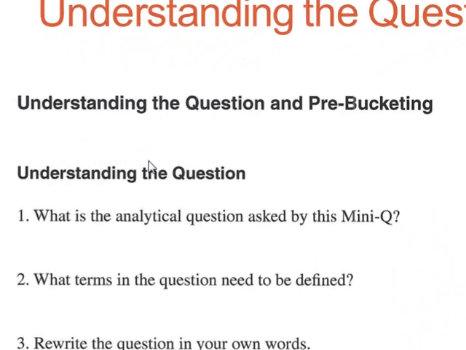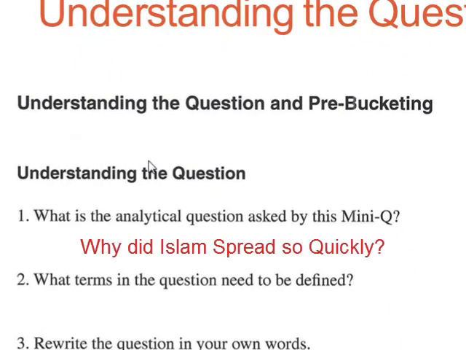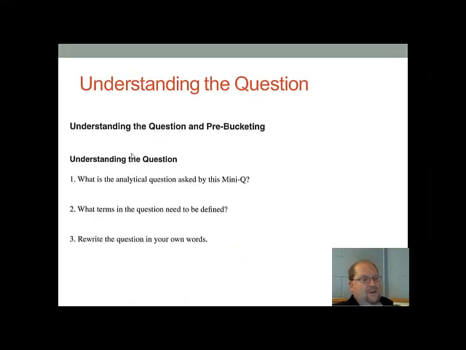What is the analytical question? The analytical question is simply, what is the question we're trying to answer? Well, if you've got your DBQ packet, you can turn to the front cover and the front page, and I don't know where my copy is, but basically the question is, why did the Islam religion spread so fast, or spread so quickly? Okay, it's at the top of the title of your DBQ. Actually, I found it. There it is. Why did Islam spread so quickly? That is your title. That is your topic. That is the question we are trying to answer.